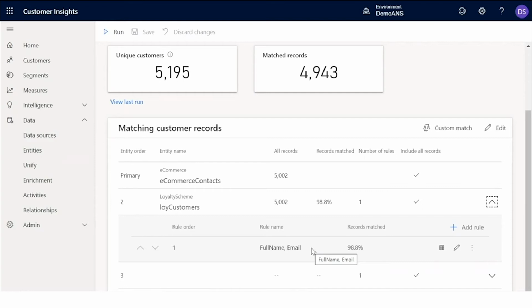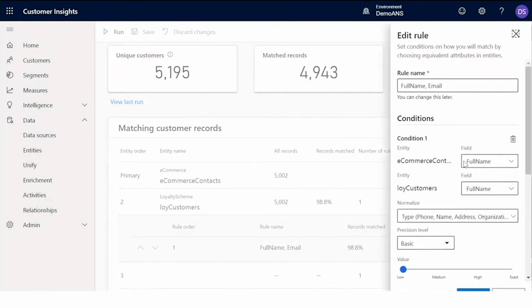But the beauty of this is you don't need to worry about those. You can just bring in their names and as much information as you'd like to bring into customer insights, and then match them on things like email, because obviously the email is going to be unique, right? First name, last name. I mean, that might not always be unique, but when you go into these records, you can then start editing how they match. So you can see here I'm matching on full name. You can then see loyalty customers. So this is a separate data source or separate data that I've brought into customer insights,